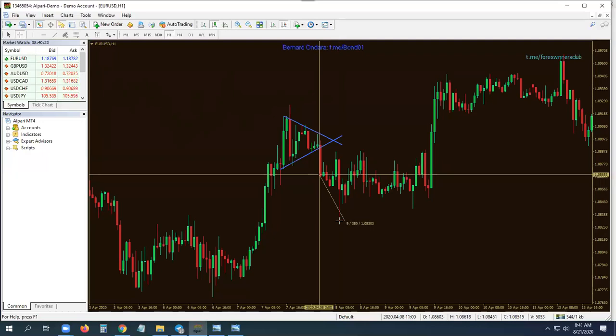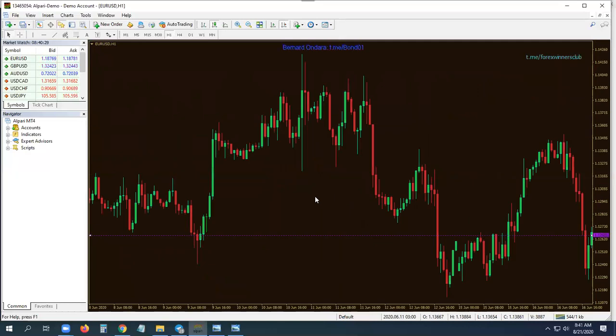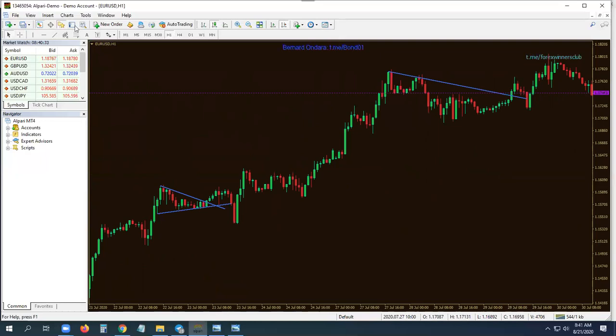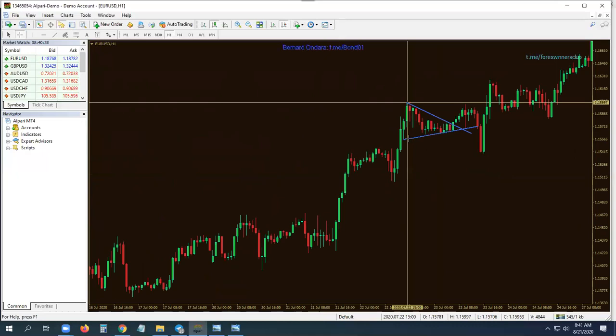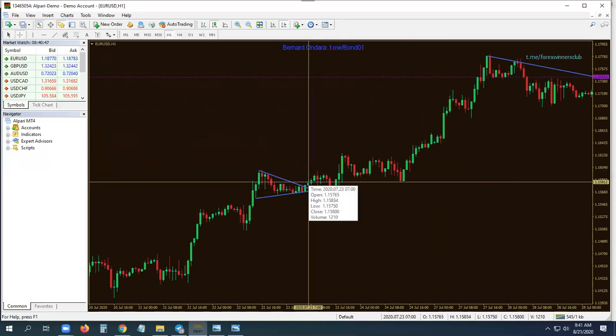This one did not give you 43 pips, it gave you 38 pips. For the other one we drew somewhere, maybe I deleted it. Oh, it's here. For this other one, the breakout happened to the upside. So the height of the triangle was around, why is it every time 43 pips? Mysterious. So it breaks above this, and you can target 43 pips, which I think you got here. But most likely, you would have been out by that time because it went down before going up. So this would be a losing trade, actually.